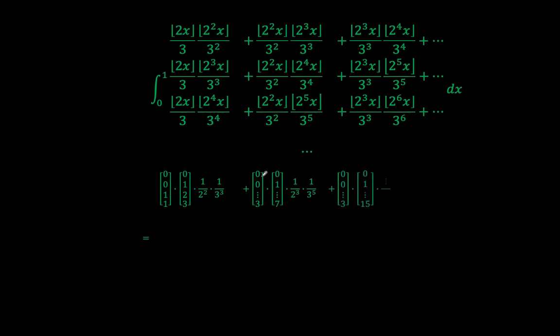And you continue again, 0, 0 up to 3 dot, the dot product of 0, 1 up to 7, and so on and so on. So this is a beautiful dot product